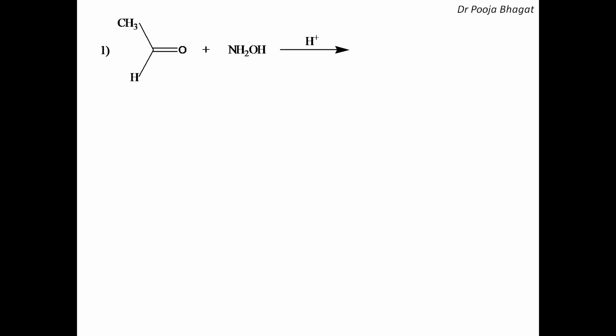Let's say this. In this case, if you have to write down the product, first try to identify what this compound is, IUPAC nomenclature, ethanol. Very good. What is this compound? We have already discussed it. Hydroxylamine. Okay. Now what will be the product? Two hydrogens from here, oxygen from here. So C double bond N, this is the product, plus a water molecule. Can you name this compound? It is the oxime of ethanol. As I told you, hydroxylamine is giving the oxime derivative.